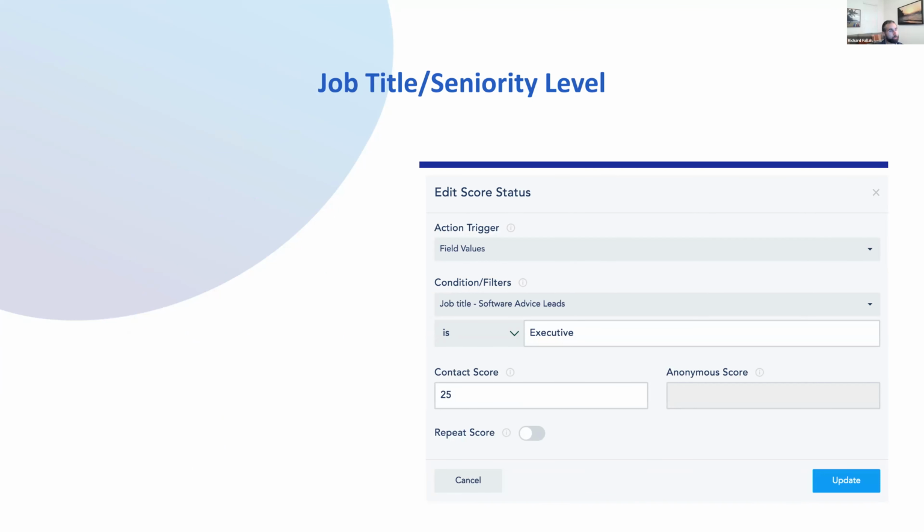I gave you also on the previous slide on job seniority and title. So if the decision maker in the company you're speaking to is an executive, maybe you can give them 25. I think that's a very high score, but it could be relevant. But if they're an intern, the conversation could have a different route, and they could be just 5. It's up to you to identify these, and you're adopting your real life business conversations into your lead scoring